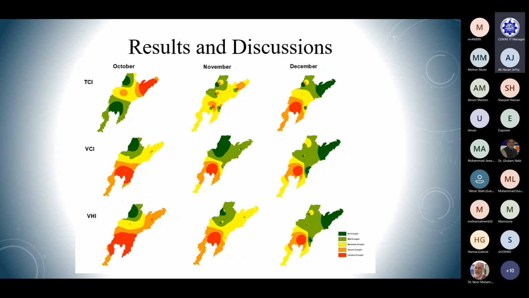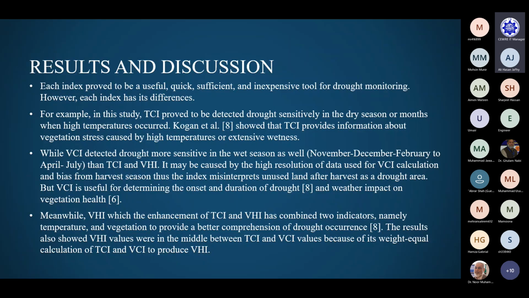Each index proved to be a useful, quick, sufficient, and inexpensive tool for drought monitoring. However, each index has its differences. For example, in the study, TCI proved to detect drought sensitively in the dry season or month where high temperature occurred. Kogan showed that TCI provides information about vegetation stress caused by high temperature and excessive wetness, while